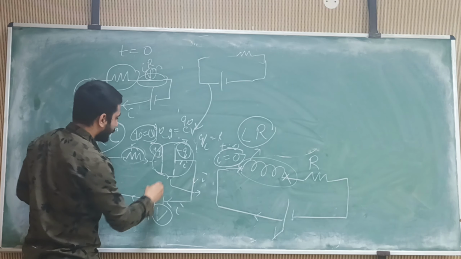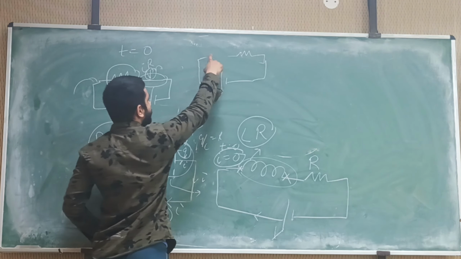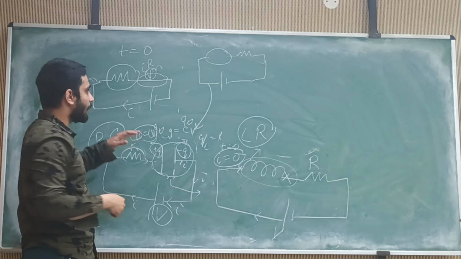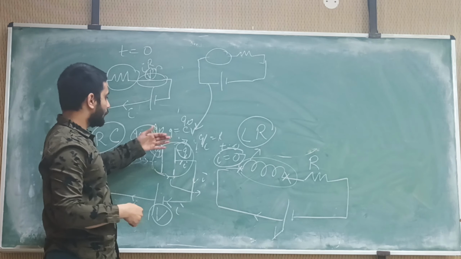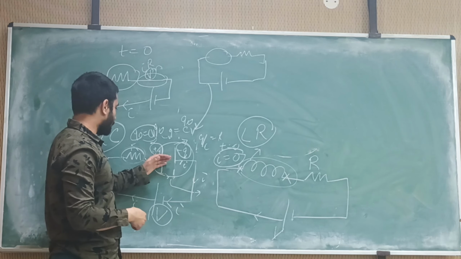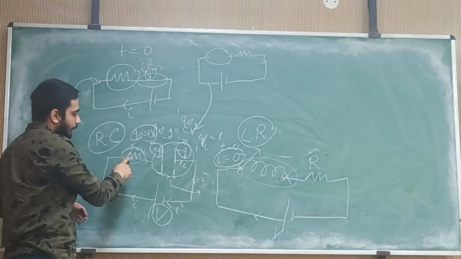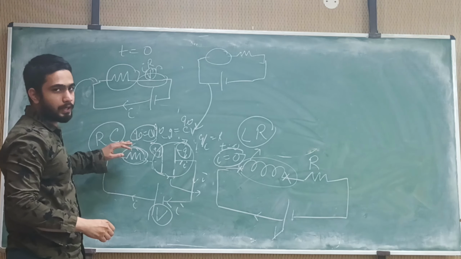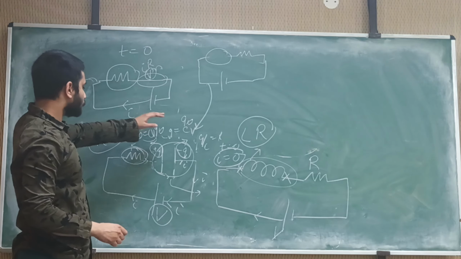Okay, and we can replace this capacitance with a simple open space because it has maximum resistance, or we can say that the voltage V is gained by this capacitance. So if the voltage has become the same, no more voltage will be gained by it, and the current through it will be zero. Okay.